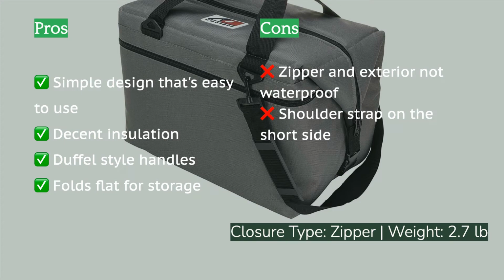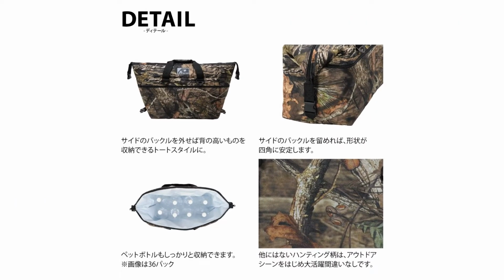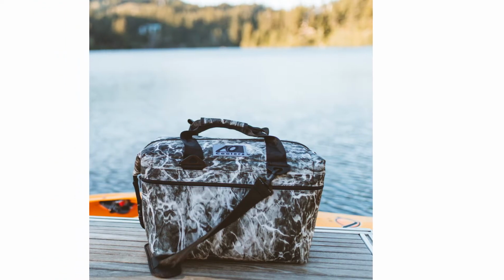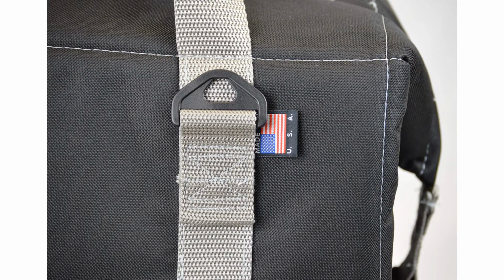A single opening that's longer than the interior of the bag makes it uncomplicated to load and later locate what you're seeking. One large zippered pocket on the outside provides a well above average amount of dry storage, and duffel-style handles can be joined together for easy transportation. Its flexible shape not only allows you to fold it flat for storage, which most of the competition can't claim, but also more easily accommodates tall objects, such as 750 milliliter wine